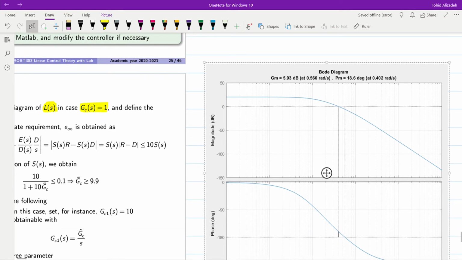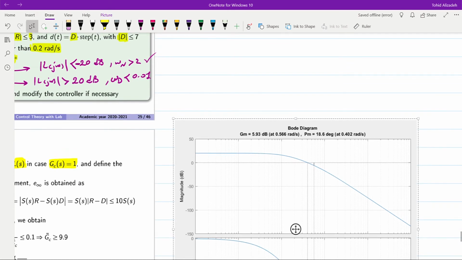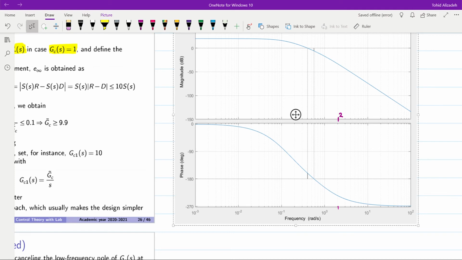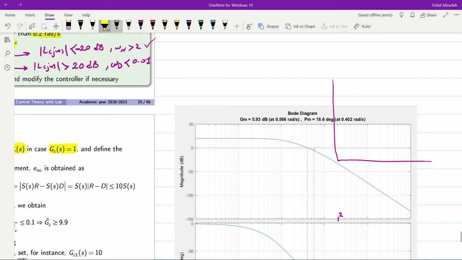So omega n bigger than 2, we need to find omega equal to 2, which is here. This frequency over here is 2. From that frequency onwards, we need to have the amplitude smaller than minus 20 decibels. So if here we have the minus 20, I assume, we will have this dangerous zone for the noise